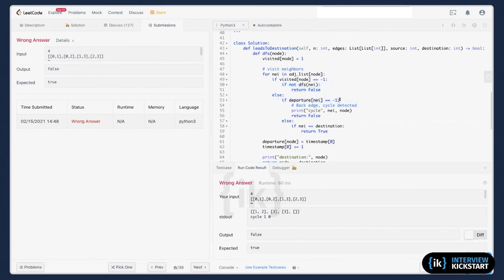Departure. This is cycle, and the neighbor is 1. How come, when coming back, the neighbor is 1? How come?